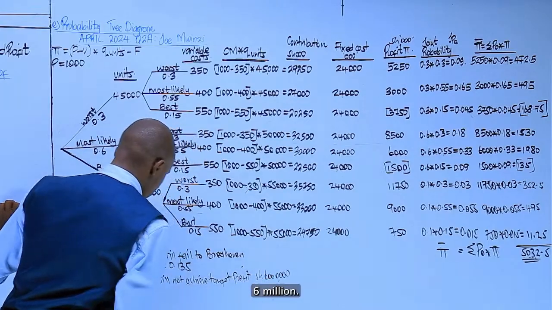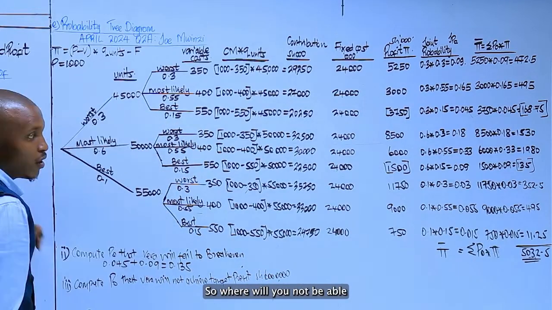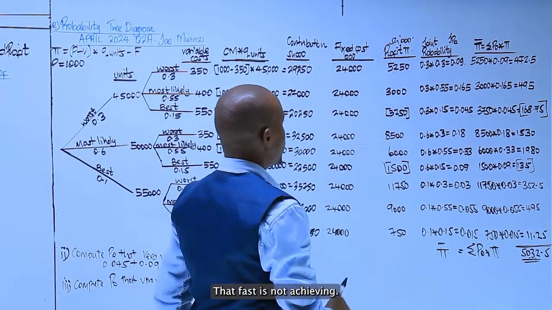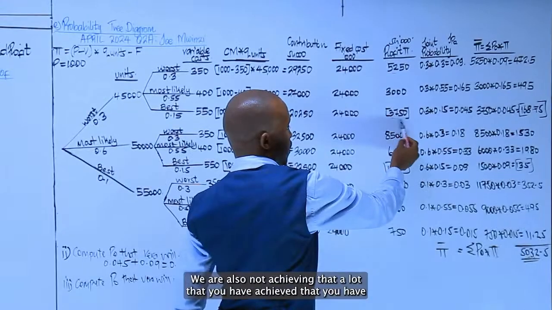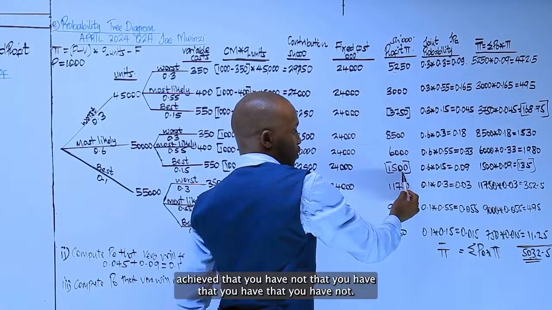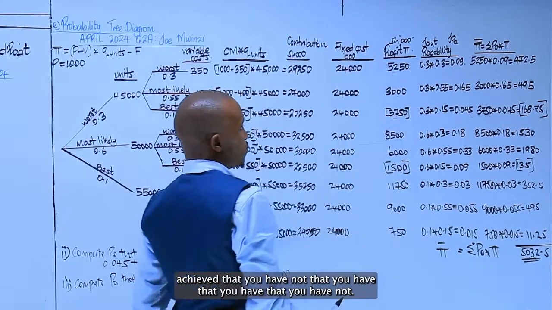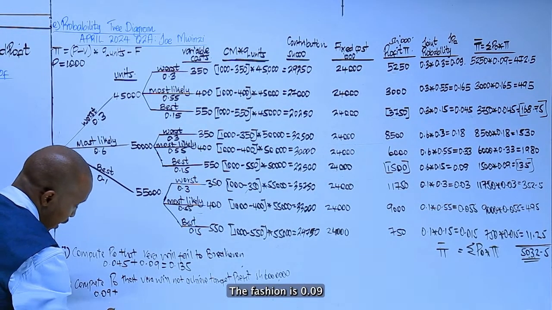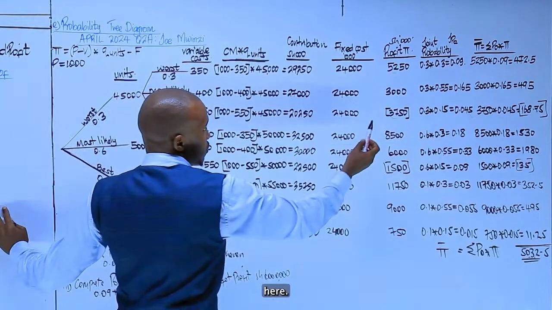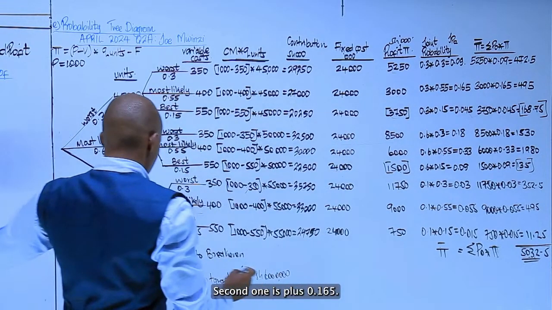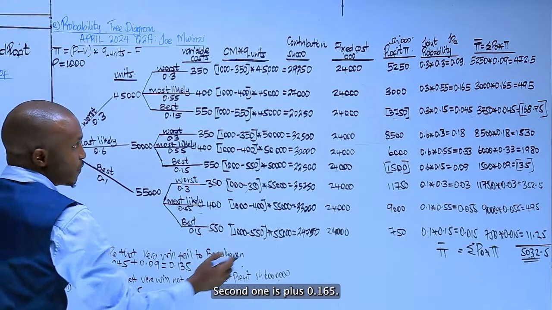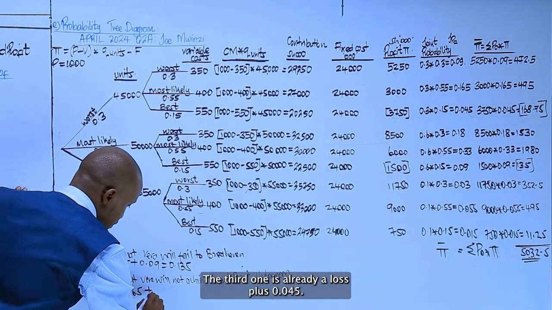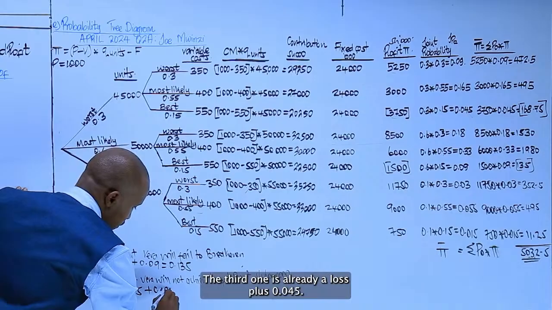6 million. So where will you not be able to achieve your target profit of 6 million? We take the joint probabilities. The first one is 0.09 here. The second one is plus 0.165 here. The third one is already a loss, plus 0.045